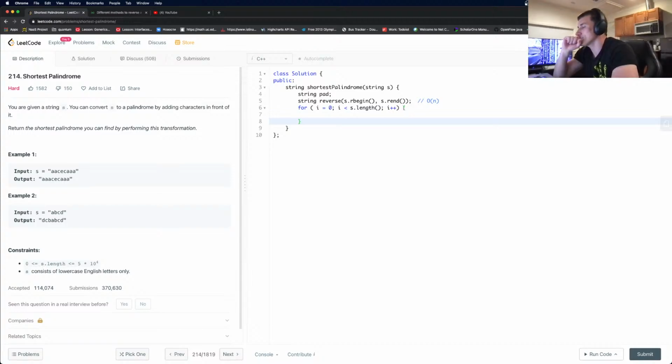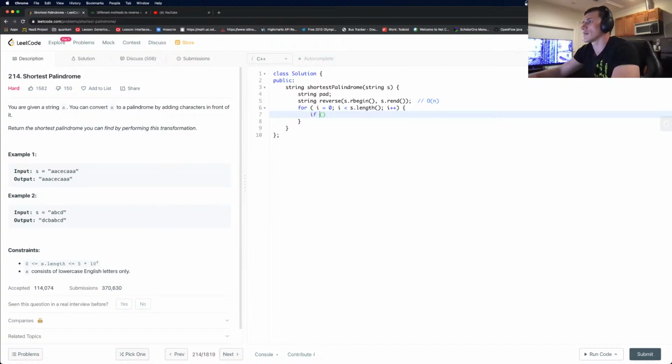So now, what we need to do is check if s, so substring, I believe the syntax is, from the beginning till s.length minus i, right? And definitely the last element will be the same, right? At least the last element will be the same. So we already don't need to go fully here. So it's minus 1, equals